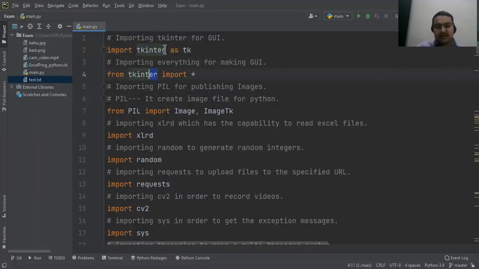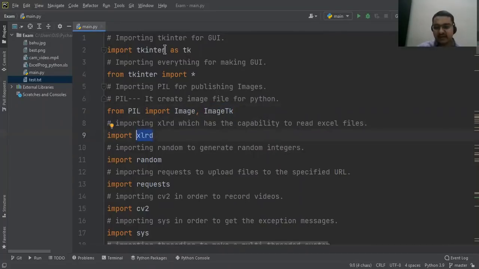At first, I have imported tkinter. The second thing is that I have used a few images just from a GUI perspective. I haven't used them very judiciously; they are just random, to give a look and feel of an exam, not an exact one. Therefore, I have used PIL, with Image and ImageTk, which help me generate images in a tkinter application.